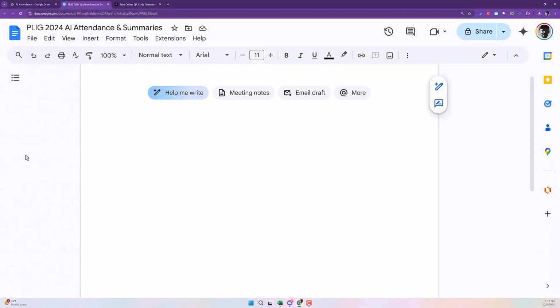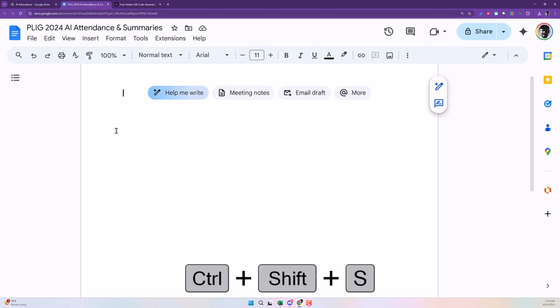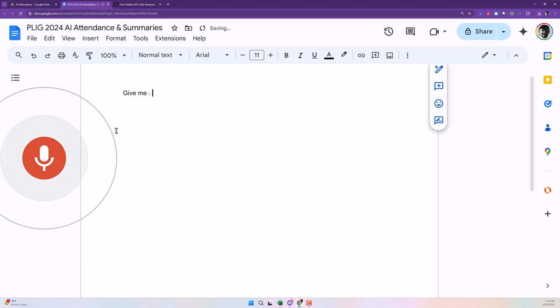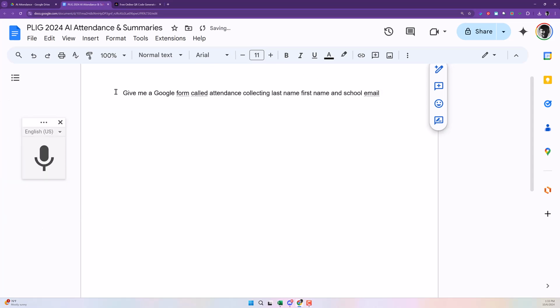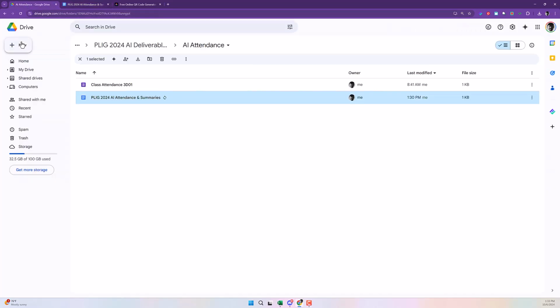Okay, I've got a Google document open. I'm going to do a quick voice to text. So I'll hit Control-Shift-S. Give me a Google form called attendance, collecting last name, first name, and school email. So we'll just copy that, and then we're going to go to the Google Drive, and we're going to create